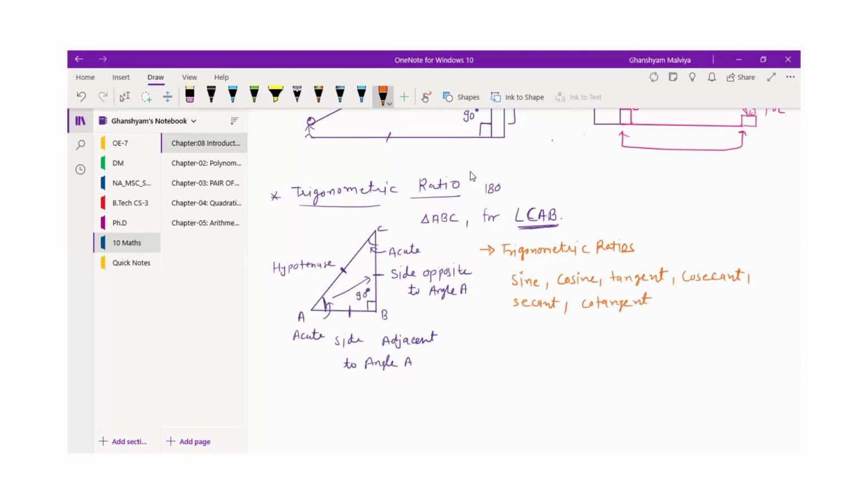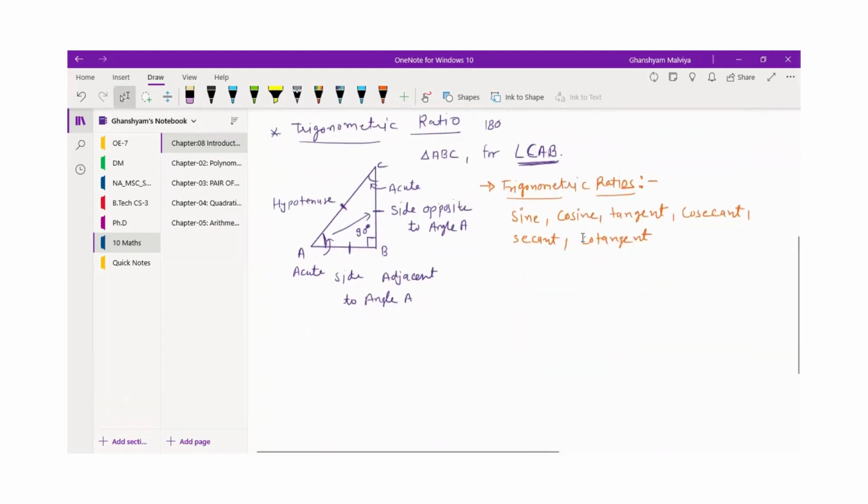These are the trigonometric ratios. All these ratios we are going to learn, and how to find them. First we will see sine of